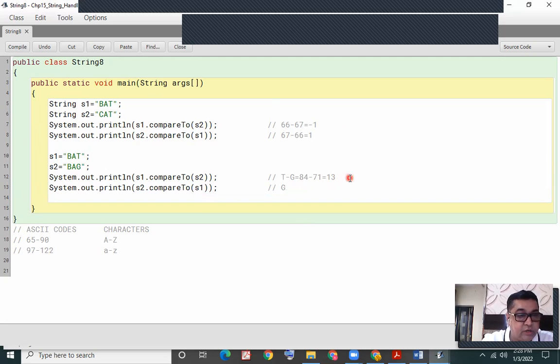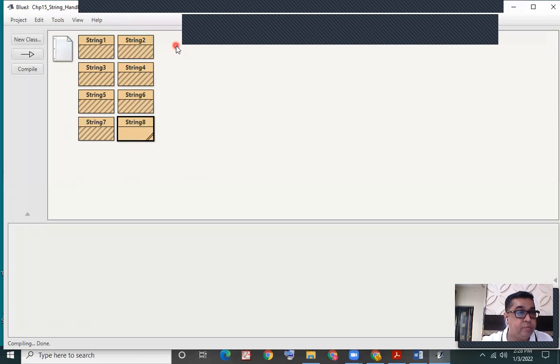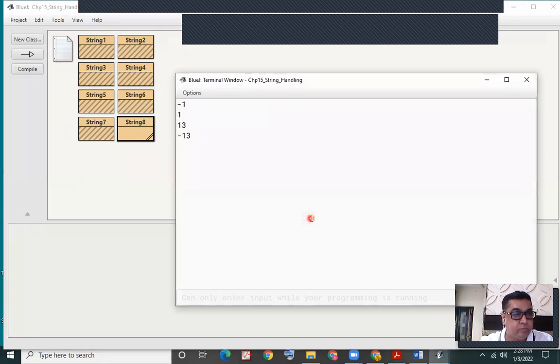So G minus T, the ASCII code of G being 71 minus the ASCII code of T being 84, would be done, and the result would be negative, in this case minus 13. Let us check. 13 in the first case, minus 13 in the second case.